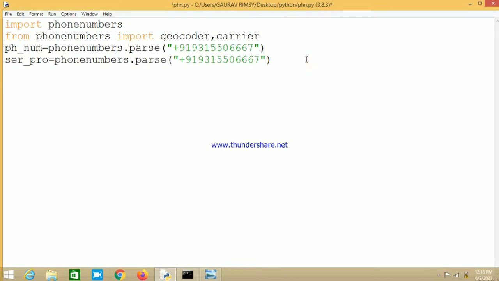Now we need to get the country name, and along with that we need to know the name of the service provider of that particular phone number.